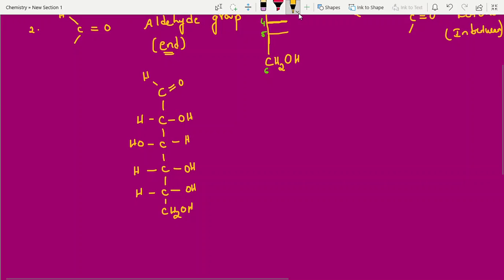In the open chain form, what they observed is that if it is a free aldehyde group, it definitely responds to the sodium bisulfite test and hydroxylamine. If it is not responding, it means it is busy with something else. It is not free; it is cyclic with something. So the aldehyde group is present but not free, they identified. So this is the open chain structure.